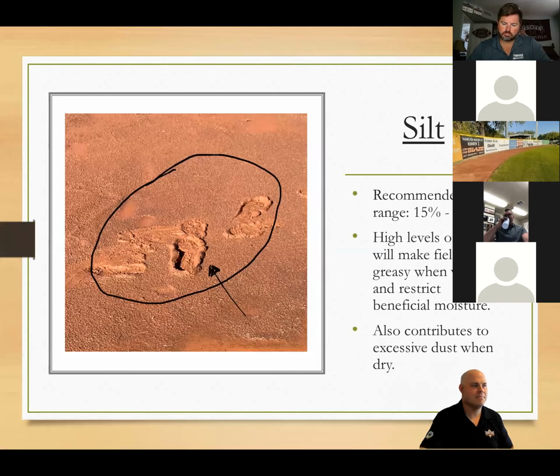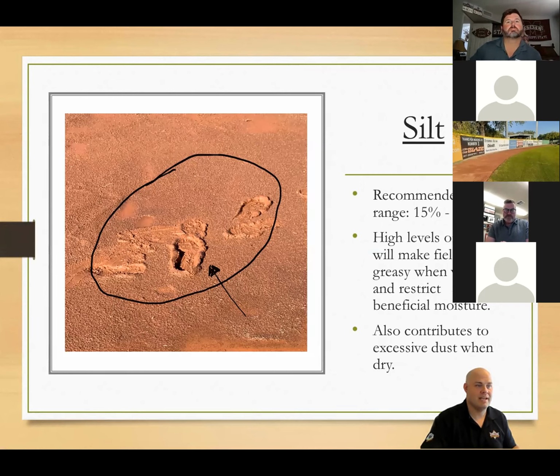Here's a good picture of a soil structure that has too much silt. And a quick way to know that it has too much silt is obviously the sand is all underneath this base. And when somebody goes to stand on it, the material comes spewing outside of the shoe. This is standard, very fine sand to coarse silt situation.